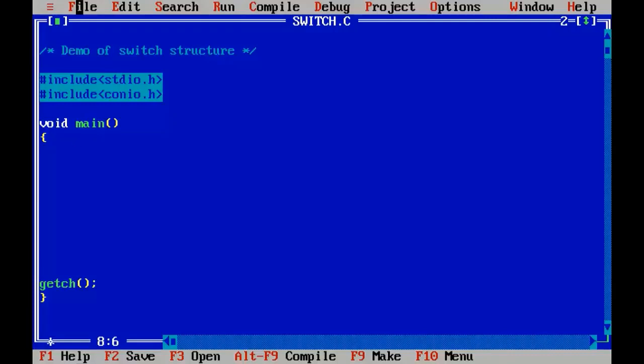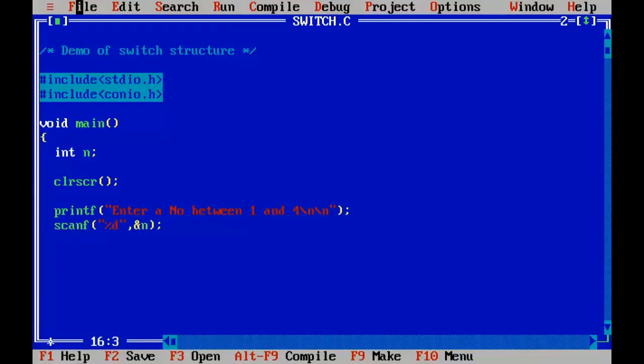It will be a simple one just to understand. For that I'll just need a single variable n. Here I'll tell the user to enter a number between 1 and 4.